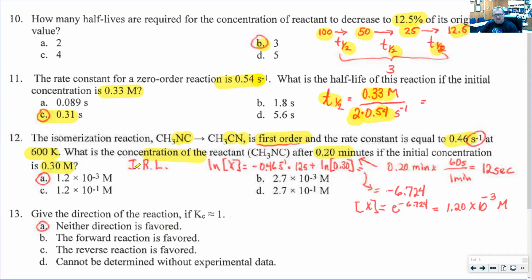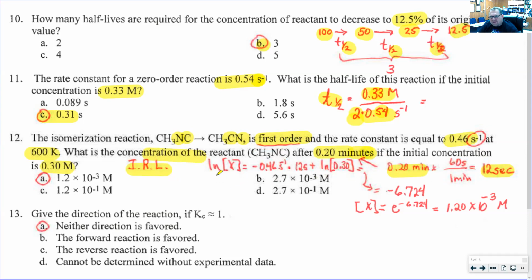So it's first order. This is going to be an integrated rate law question. The only trick to this one is that the time was in minutes and the rate constant was in seconds. So you had to take the time in minutes and convert it to seconds. Almost all of you picked this up, but a few of you didn't. You didn't look at the conversion of time or the units of time. So this is just another one of those questions that was maybe a little harder.